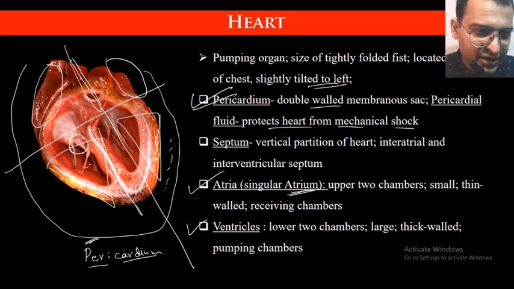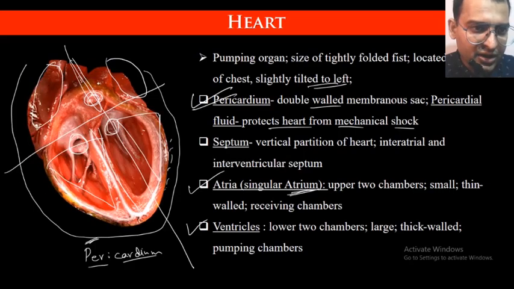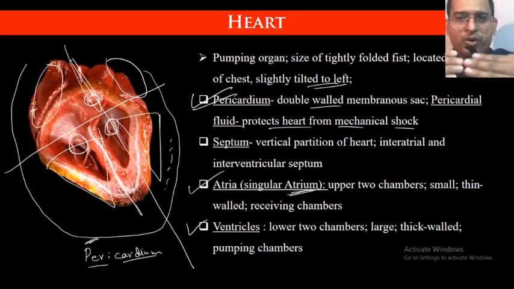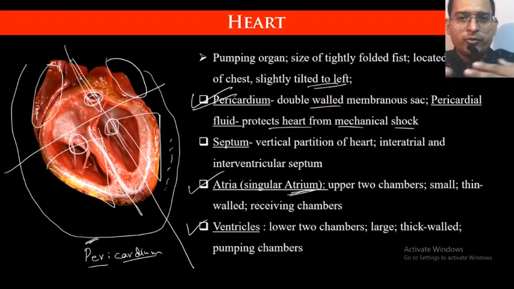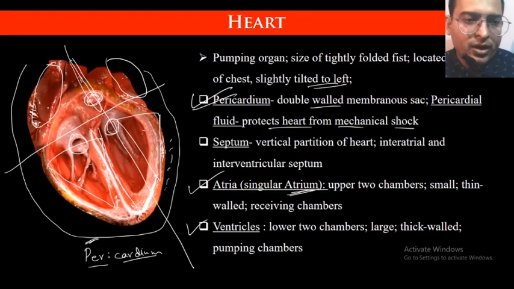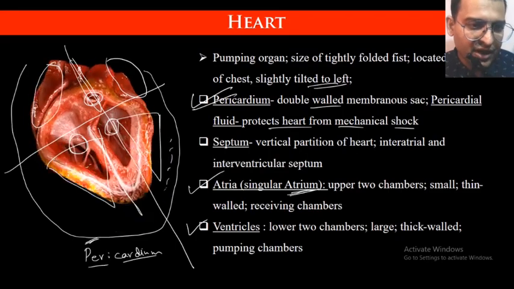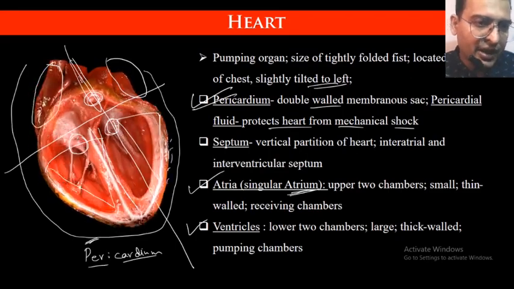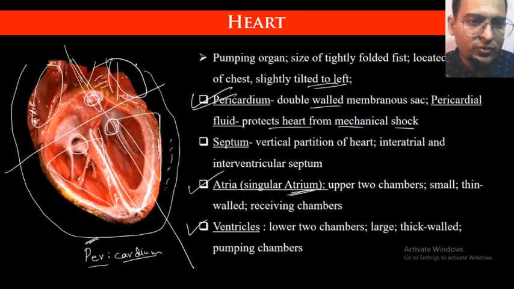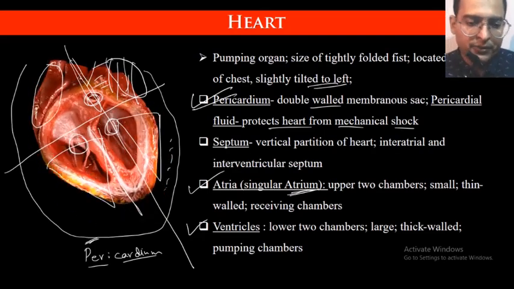And there are certain valves. What you are seeing here is closing and opening inside. You know that there are valves in order to close the pipe or open the flow, so that the liquid inside can pass through. So there are different valves. Now you can see that there are 4 chambers, there are some valves, and of course there are some vessels, through which the blood will enter into the heart and exit the heart.